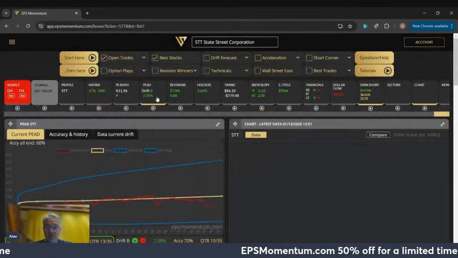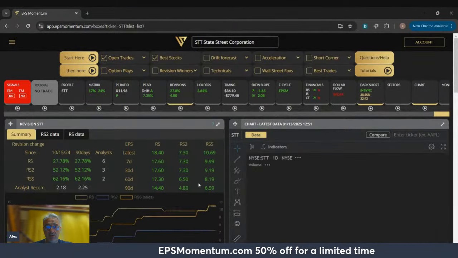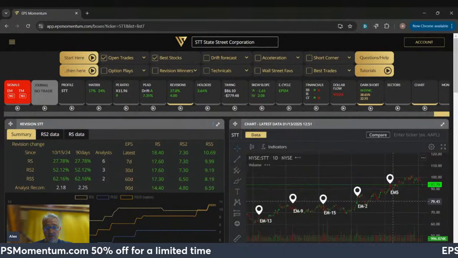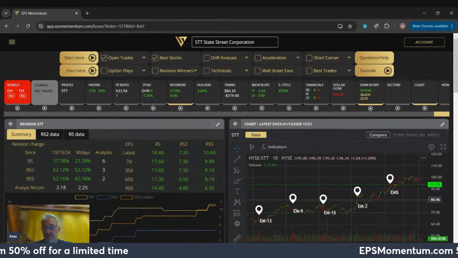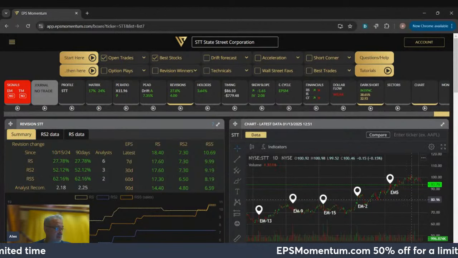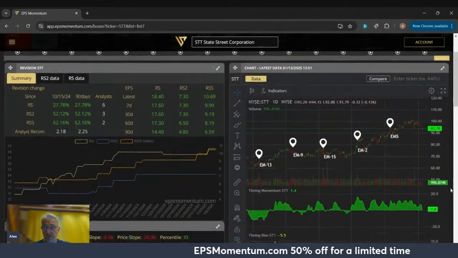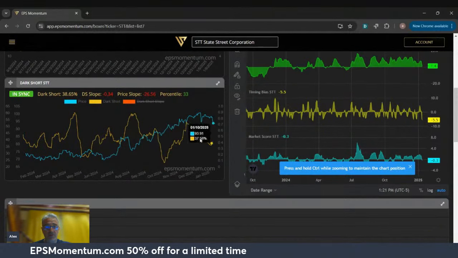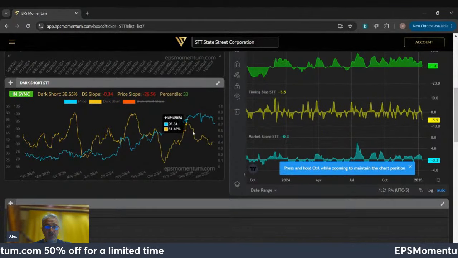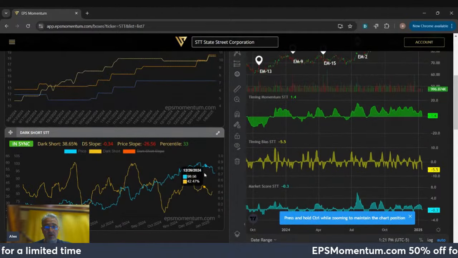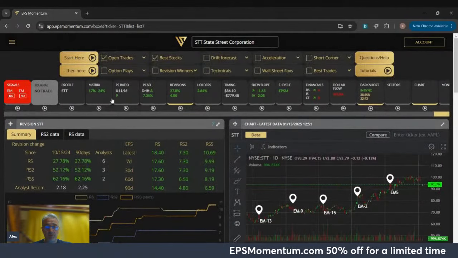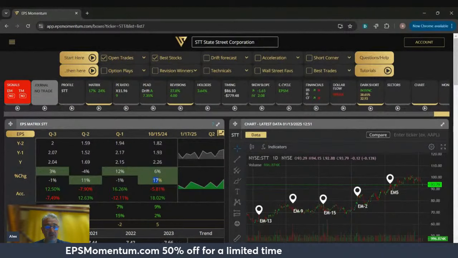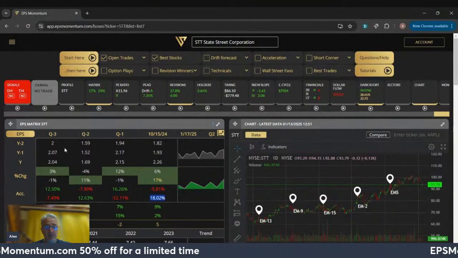State Street, let's have a look. Let's have a look at the revisions. Revisions are up. Stock is doing a base, and it is up definitely, and really interesting. The dark short here is heading downward, but a little bit of participation here, so that's really good. Let's have a look at the matrix. Very good volume, sales, volume in earnings per share, very good acceleration,